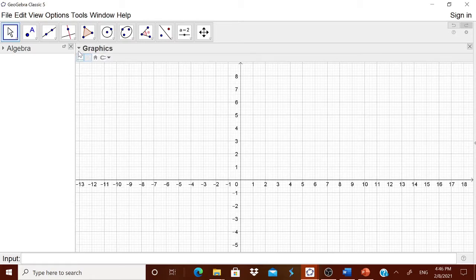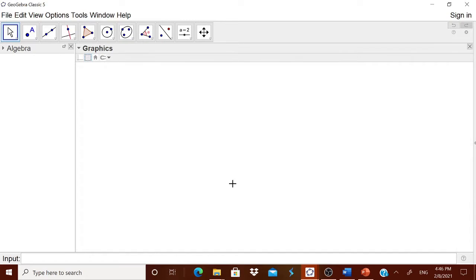And here in the graphics view, I am removing this grid and the axis. This algebra view I will keep so that it is required for us to see the list. Well, now I want to enter the variables and the frequencies into this GeoGebra. For that, all the values are to be entered inside a curly bracket. For example, I am just starting a curly bracket. Enter the values separated by comma, 10, 20, 30, 40, 50. Then simply enter. Now the list has been formed.